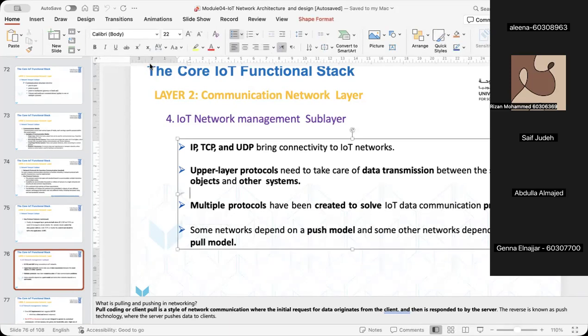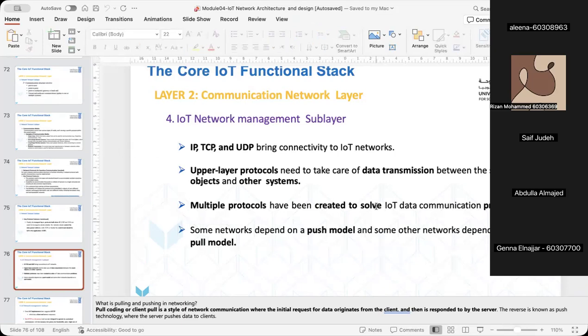Good. So this is what's written here. The sublayer 4 is about the management of the network. IP, TCP, and UDP are protocols that we can use in IoT networks. We talked about how UDP is suitable for IoT networks, but IP and TCP are also used. Again, there is no single best one; it always depends on the case. If you remember, we talked